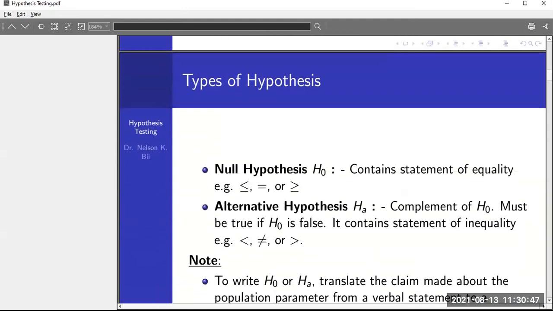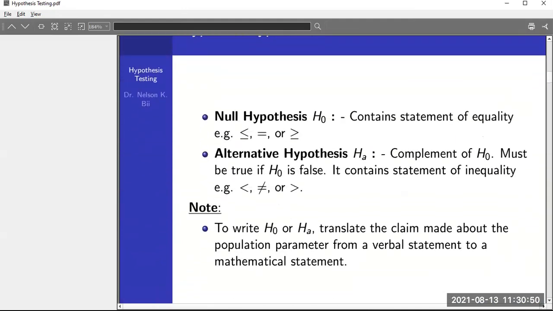So types of hypothesis, we are saying we have two. The null hypothesis, that is denoted by H naught. Whenever you come across this notation, you know that that is the null hypothesis. It contains the statement of equality. So that's how we are going to know what is the null hypothesis. Because normally when you're given a question, nobody will tell you this is the null hypothesis, this is the alternative hypothesis. It's upon you to carry out the interpretation of the statements and know what is the null and what is the